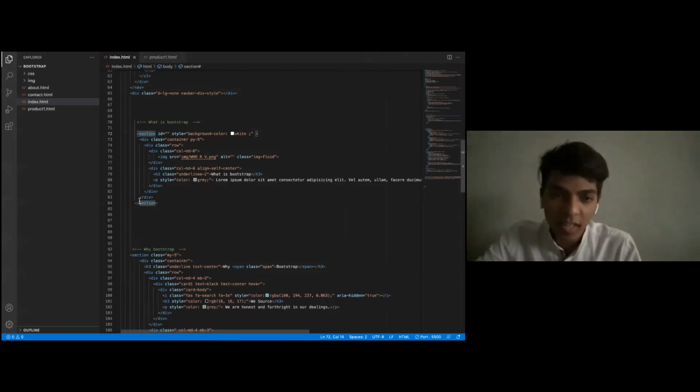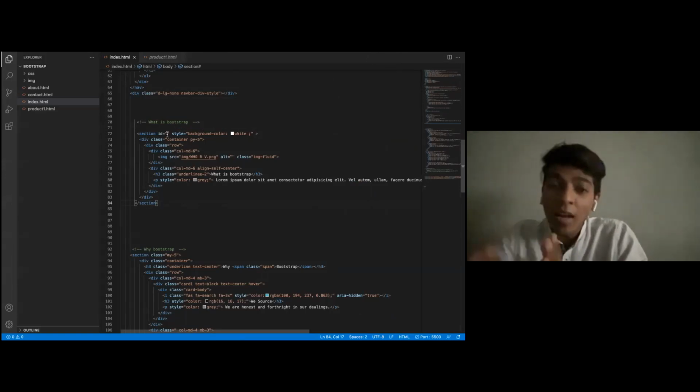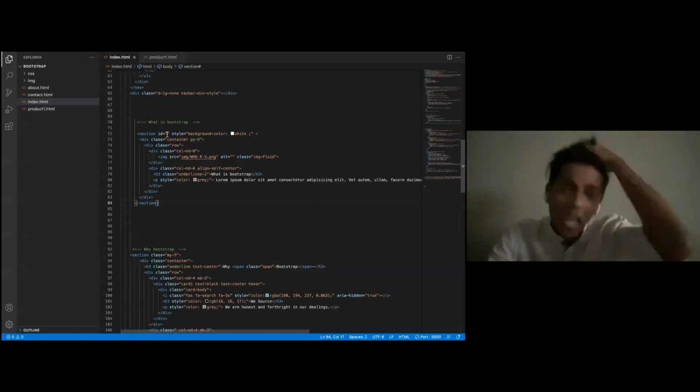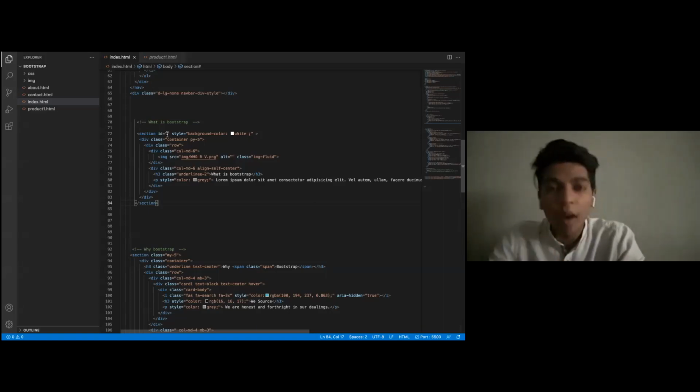So this is a section tag, assign an ID to a section tag. Never assign a class to the section tag, because ID is something that is precise. As you can recollect from the previous lectures, ID is something that we use only once, and the ID name is not used anywhere else.